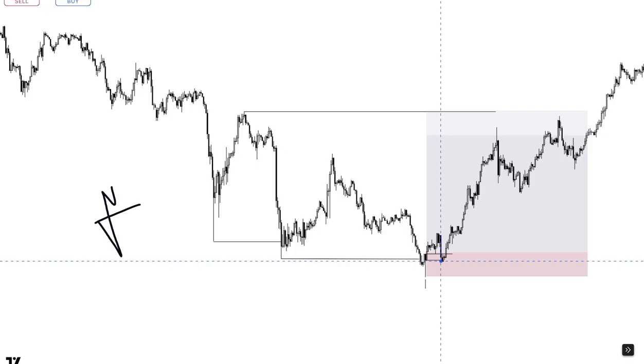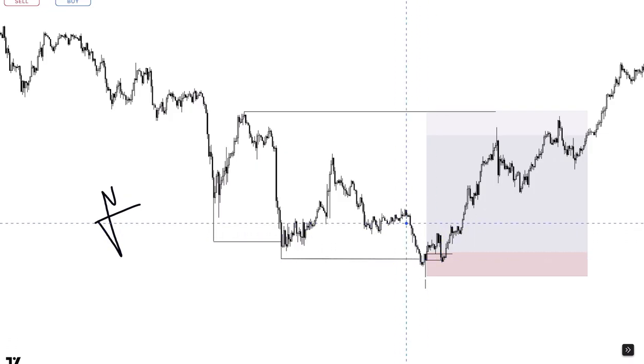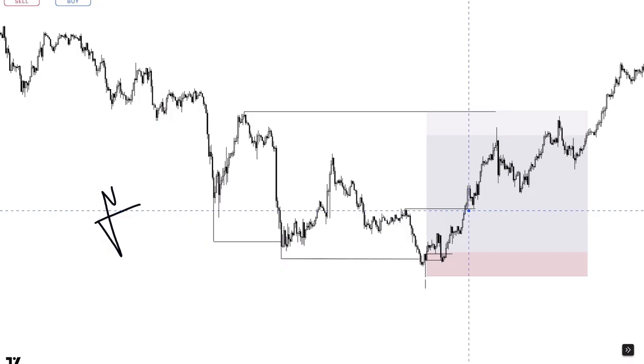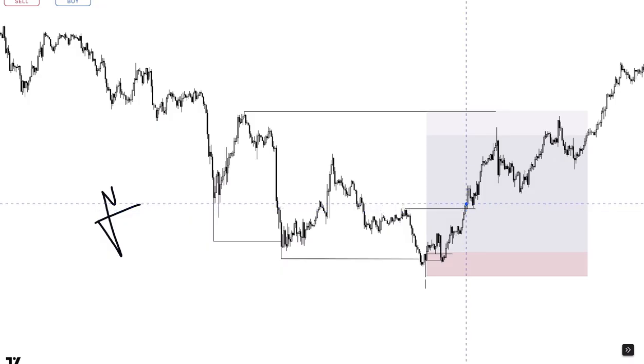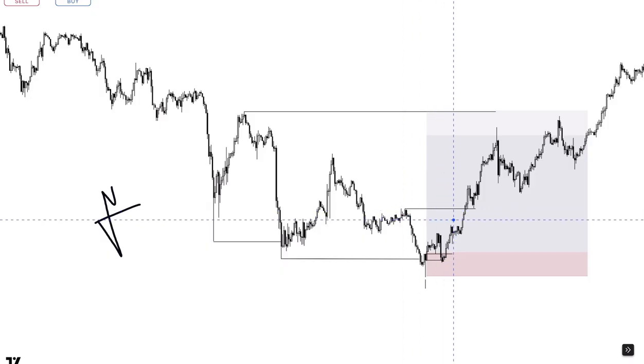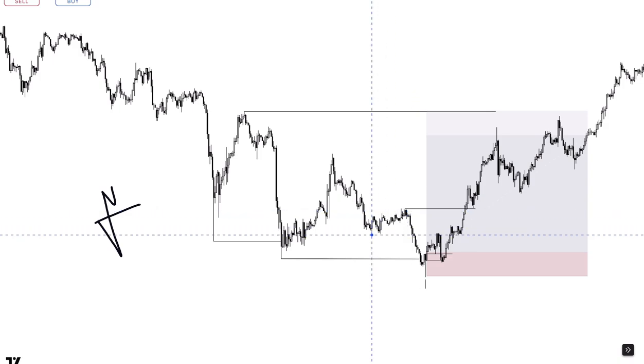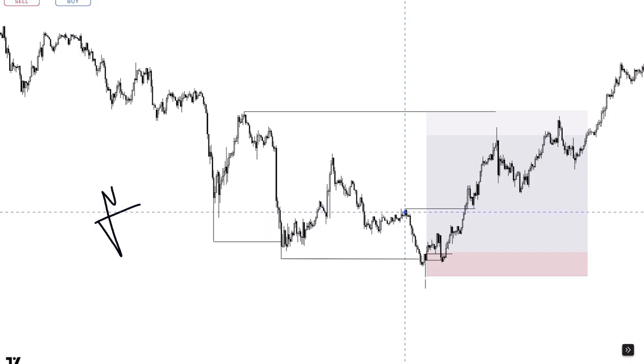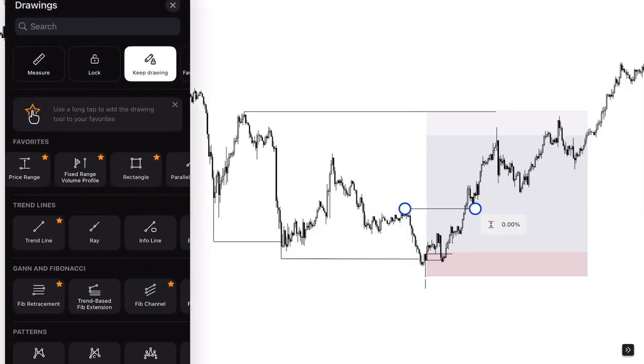Model number one. And then you have the second kind of entry, which is the true market structure shift right over here. Right? The true market structure shift right over there. Which is when they have a low and then they have a high, and then the up close candle before the rally down is the breaker. This right here is the breaker candle,